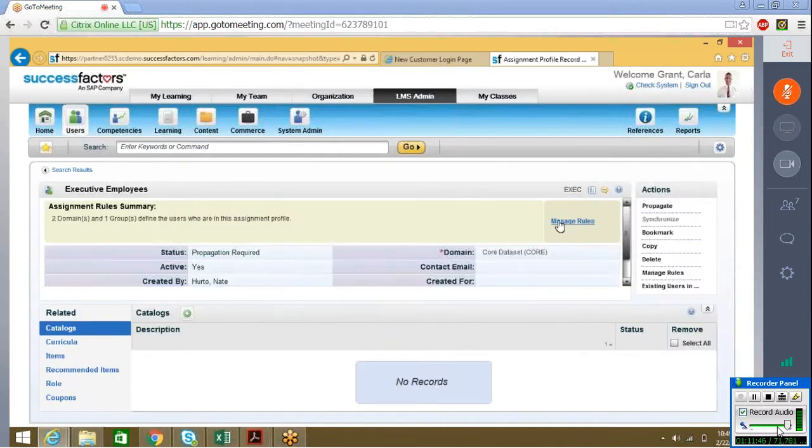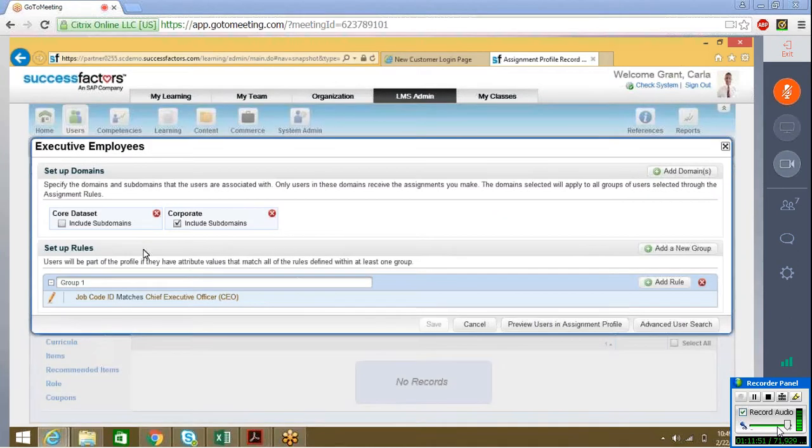If you see manage role, here what they have given: people who belong to corporate and core data set domain and who have a job code called Chief Executive Officer, that is CEO. This is your criteria. Your attribute is job code and your value is CEO. This is your domain, and you're selecting an assignment profile so that whoever belongs to the job code CEO will only be assigned to a particular set of